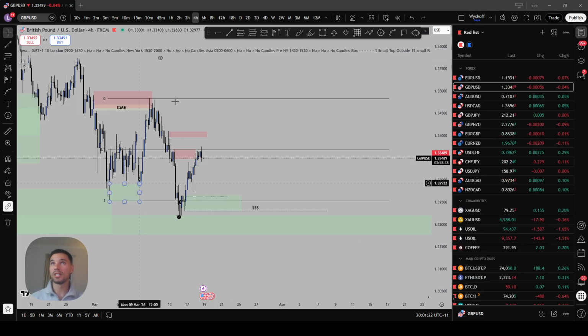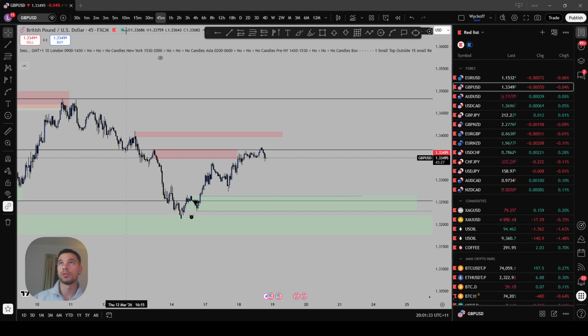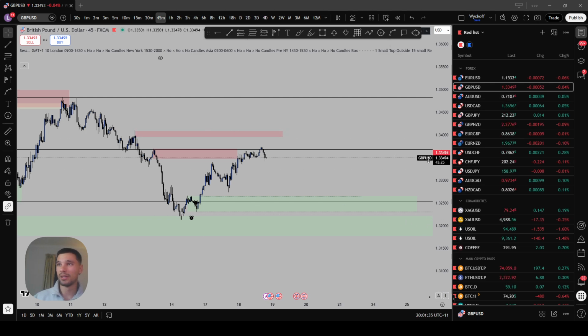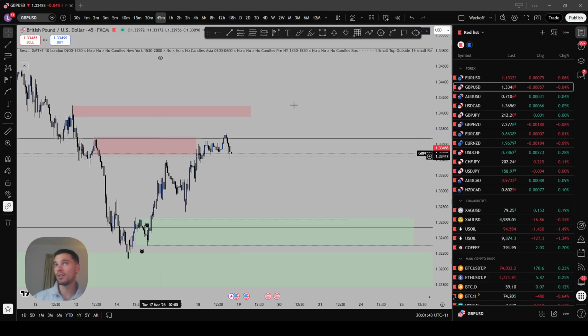That is what I'm expecting from GBP USD for the time being. As I said, I would have looked for a distribution here, but it's not really distributive. It's not clean distributive price action at the moment, because it sort of invalidated this potential distribution, then went higher and then moved down. So it's not clean. But yeah, that's it for now for GBP USD.